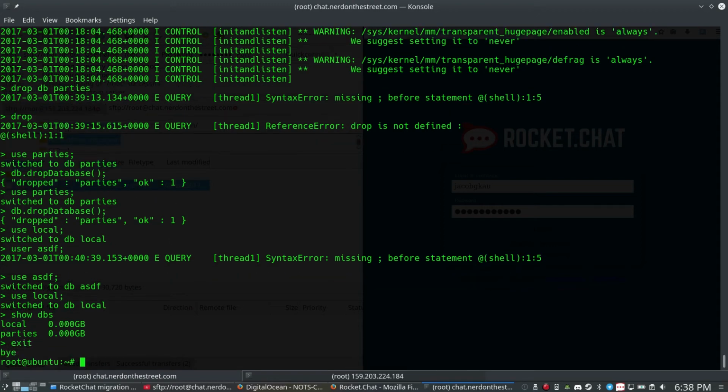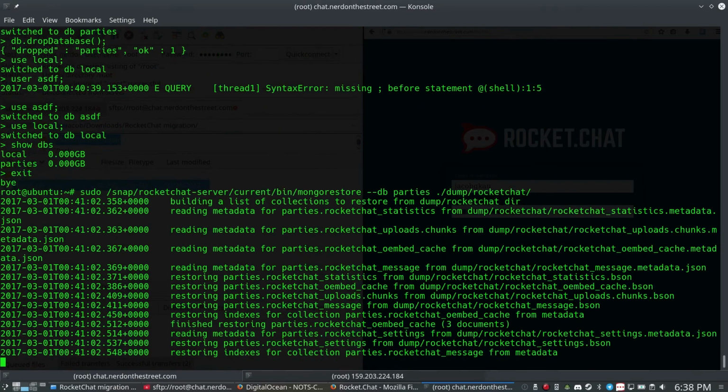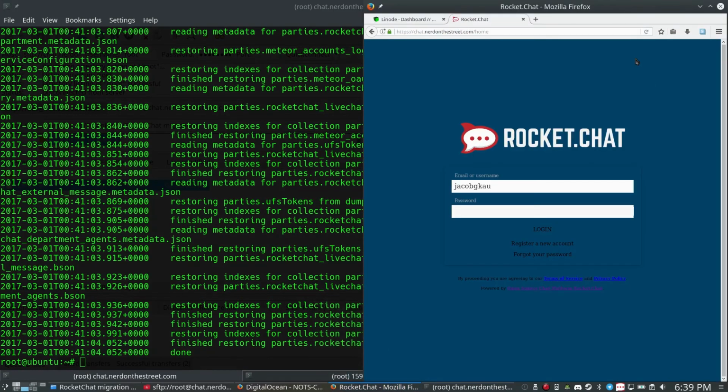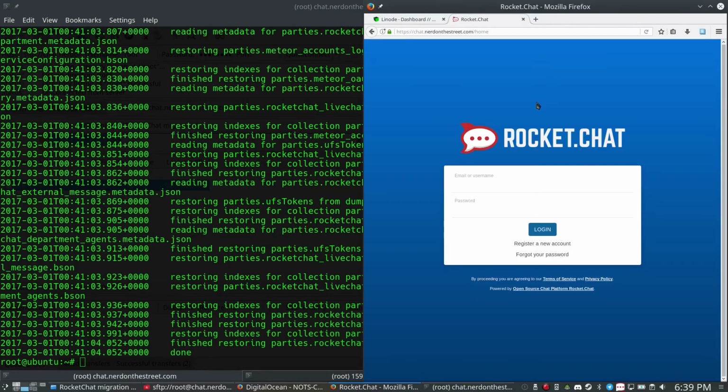So we're going to exit Mongo. And now we are going to run the command to restore again. Alright, so now it's successfully copied our old database into the new database called parties. So now if we go, alright, Rocket.Chat refreshed on its own. It's got our custom colors here. And if I log in here,